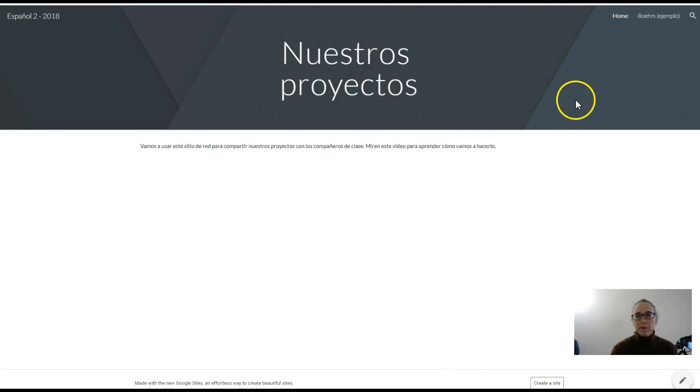There we go. When you come in here, you're not going to be able to access this. But if you come down to the right corner, you're going to see the edit this page button. When you click on that, that's going to open everything up. And now you're going to have access to everyone's.